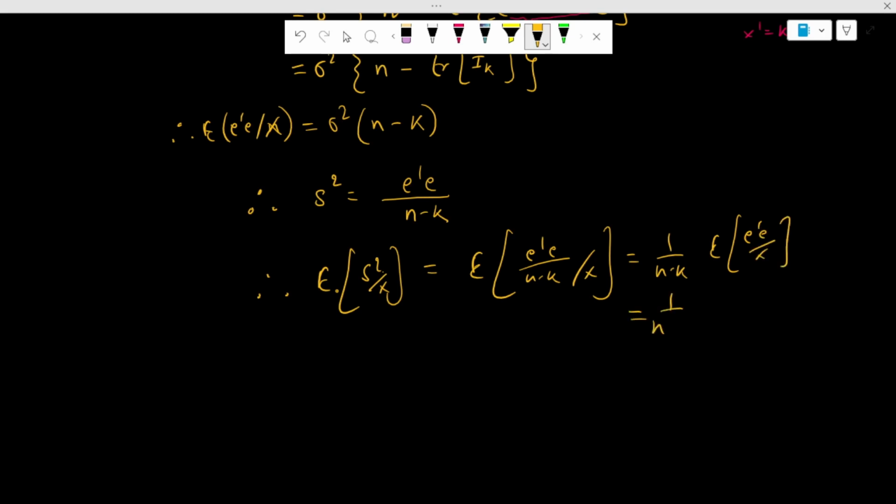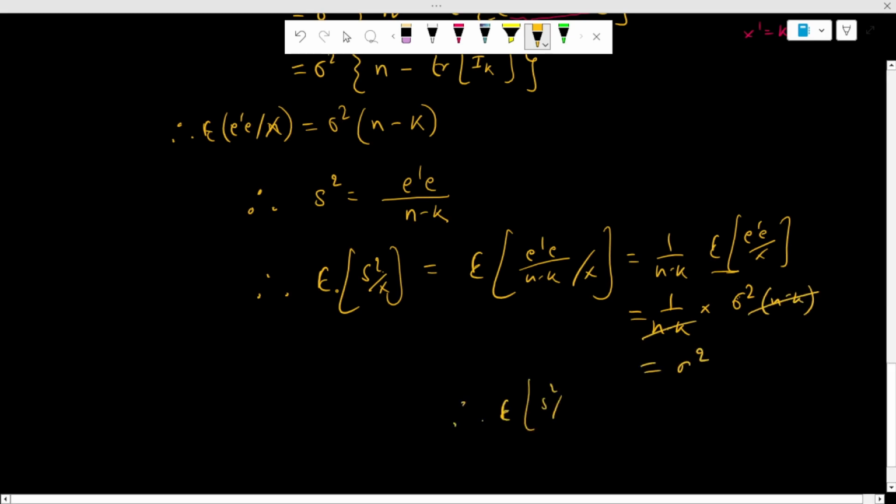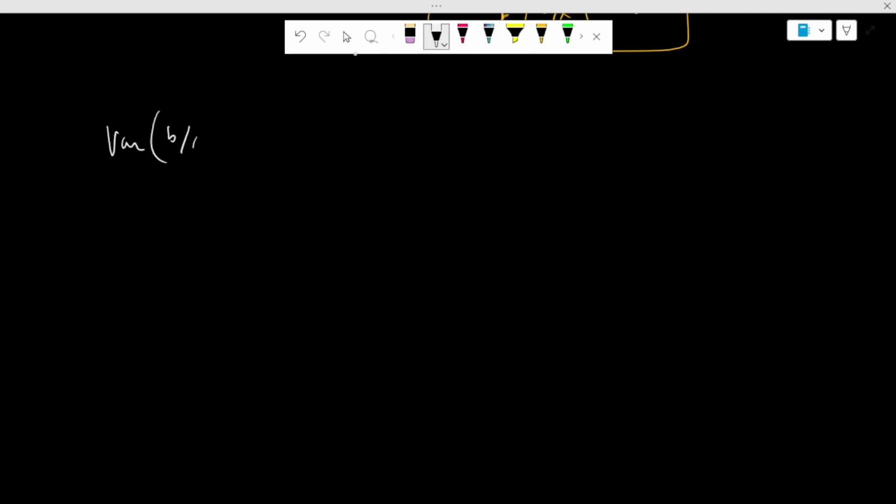This is equal to 1 over n minus k into, and we have calculated the value of this as sigma square n minus k, and n minus k and n minus k cancel out, so we are left with sigma square. Therefore the expectation of s square conditional on x is equal to sigma square, and this is the unbiased estimator. Now, if we don't know sigma square,